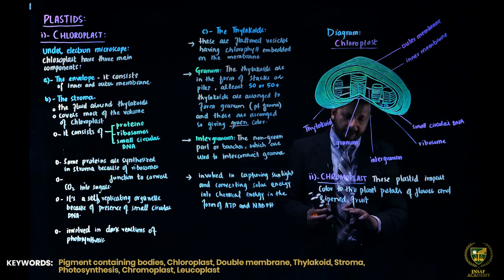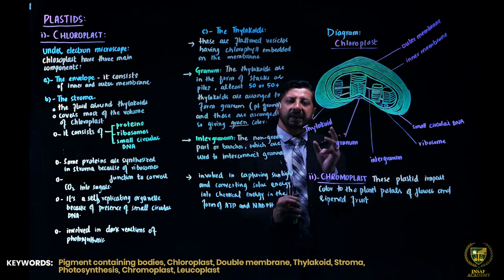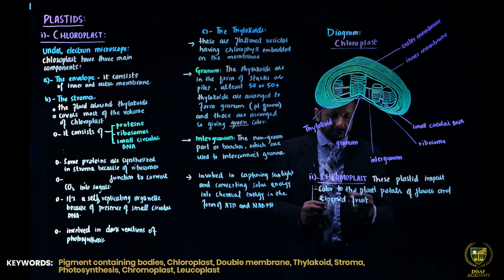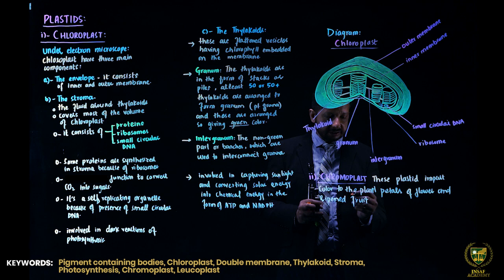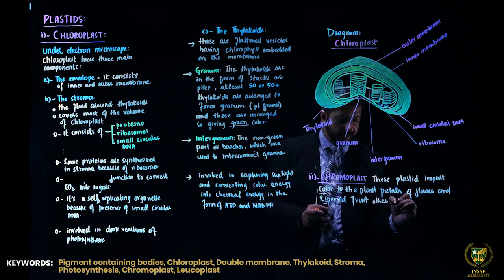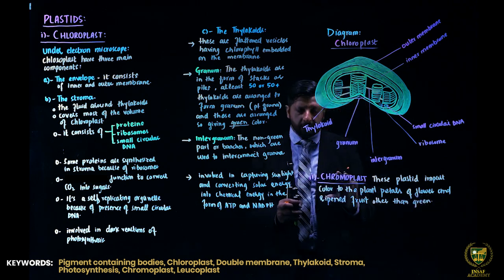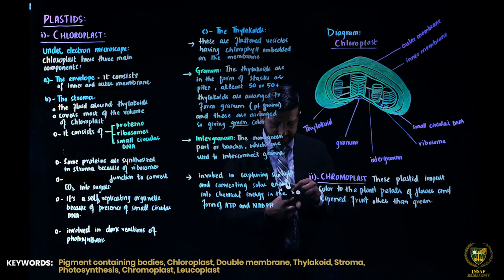So इस तरह से जो ripened fruit का जो color होता है, या फिर जो petals होते हैं, जो फूल की पत्तियां होती हैं, the second whorl that is called as the corolla. So उनका जो color होता है that is due to the presence of chromoplast, impart the color to the plants, to the flower, other than green. Other than green, green के अलावा जो कोई भी color होगा that is due to the chromoplast, and